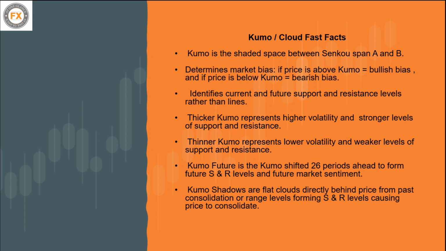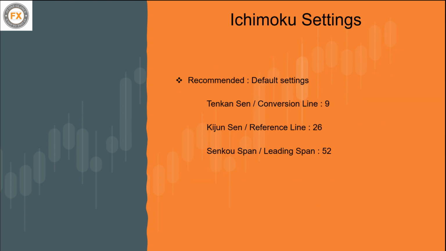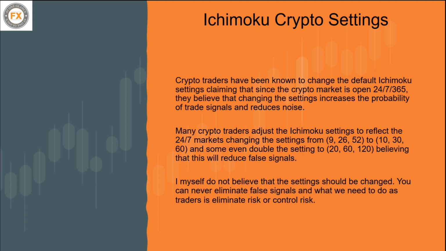So let's talk about my settings. I trade basically with the default settings. I use the Tenkan-sen, which is your conversion line, as a 9. Kijun-sen, which is your reference line, I use as 26. And Senkou span A and B, your leading spans, I use as 52 periods. All right. So when we talk about trading, a lot of times